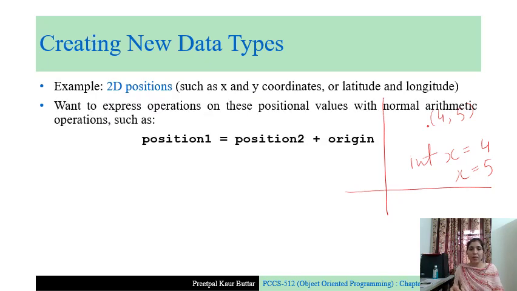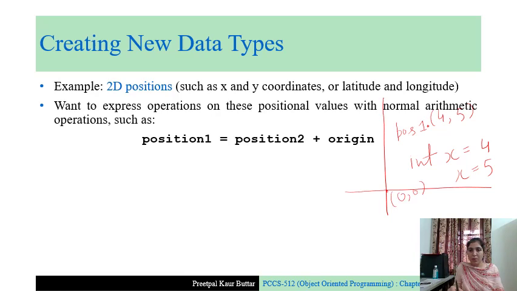We can also create new data types and perform normal arithmetic operations on them. We can perform addition, subtraction and so on. For example, if this is a position, a variable pos 1, you can create a new variable pos 2 by adding two values, 4, 5 and 0, 0.